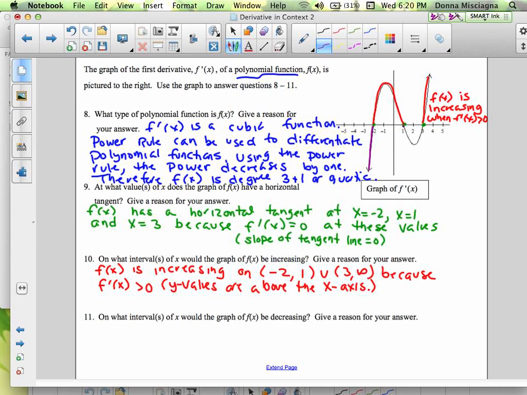So here we see that the y values are negative, and f of x is decreasing when f prime of x is less than 0. So f of x is decreasing